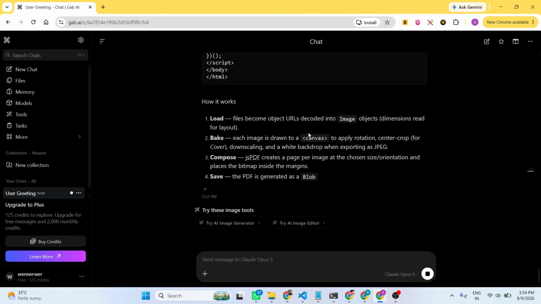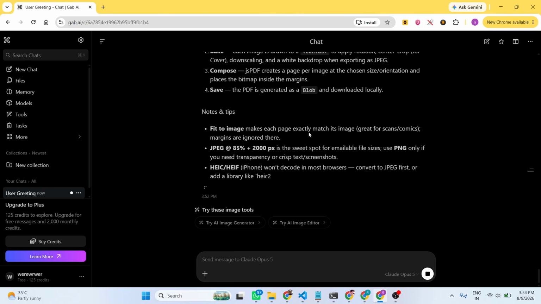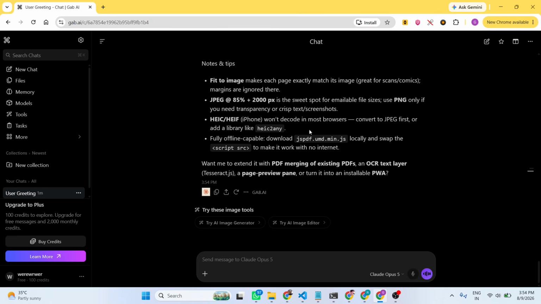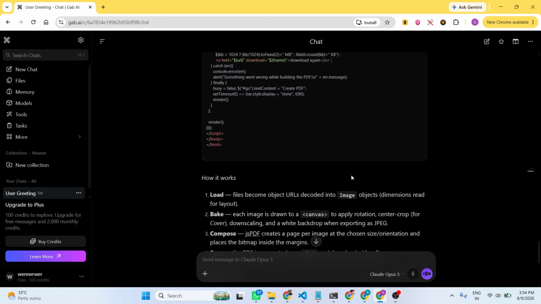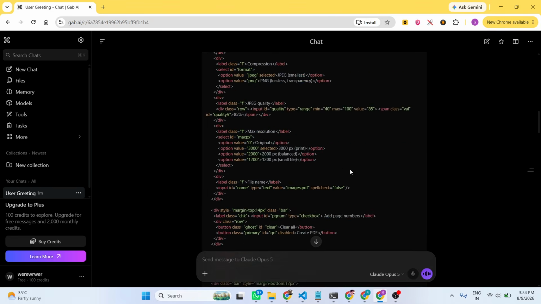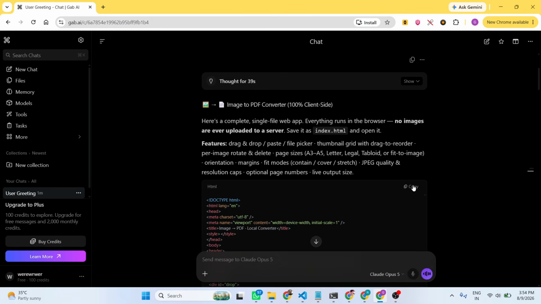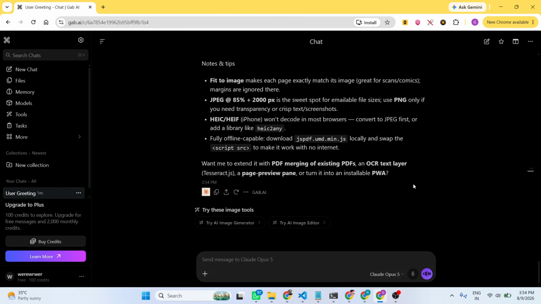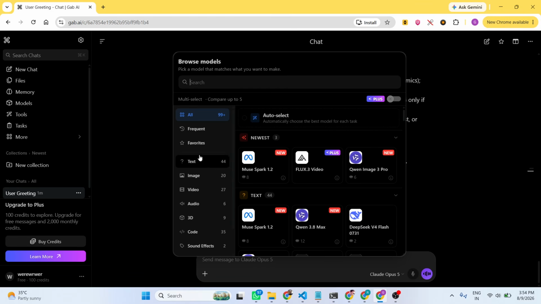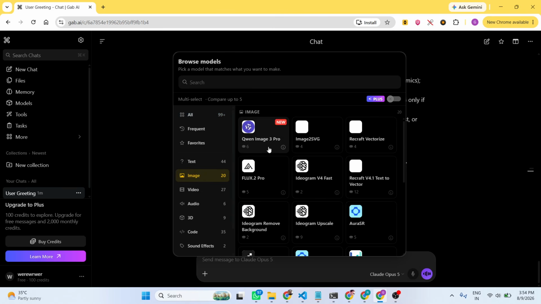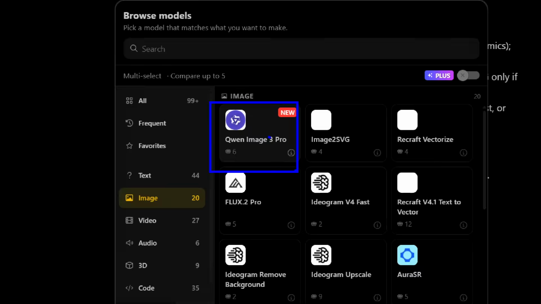So now you can see it has successfully created this actual application. It also created the description as well. So all this code has been successfully generated. You can click on copy to copy the code. So this is all happening through Claude Opus. As you see, we can use different models as well for image generation. So you can use this